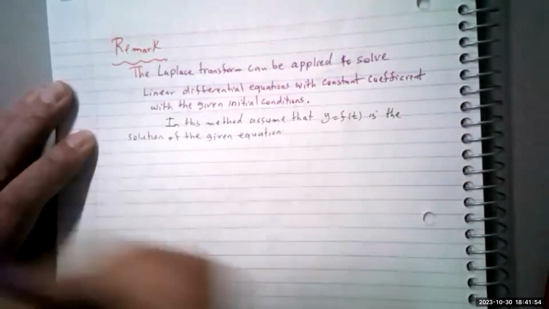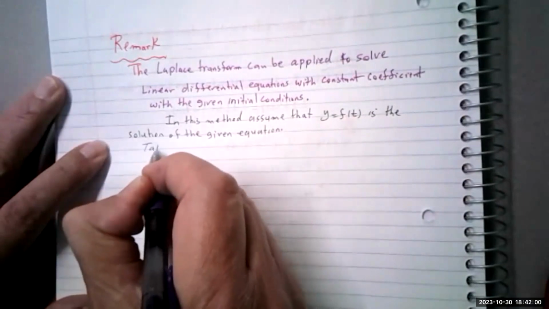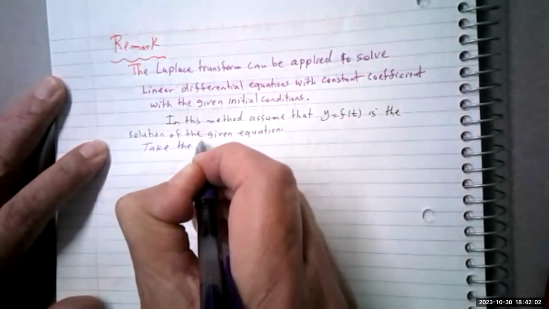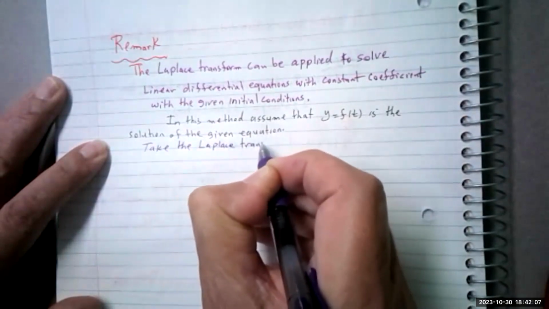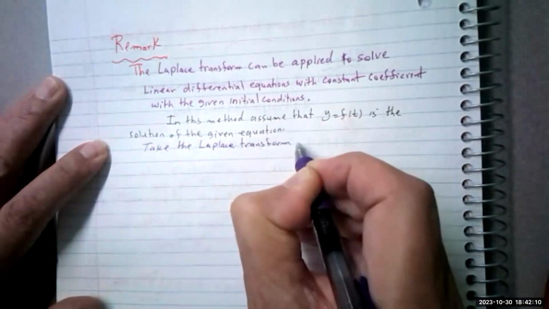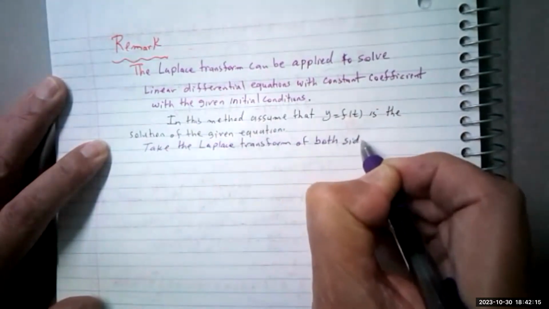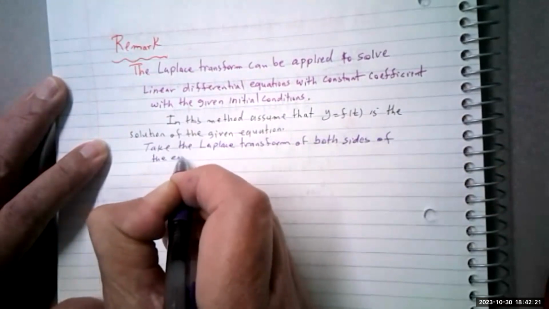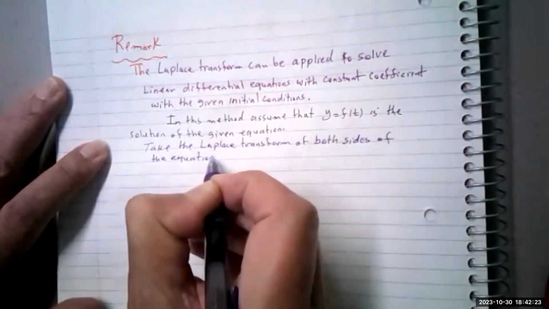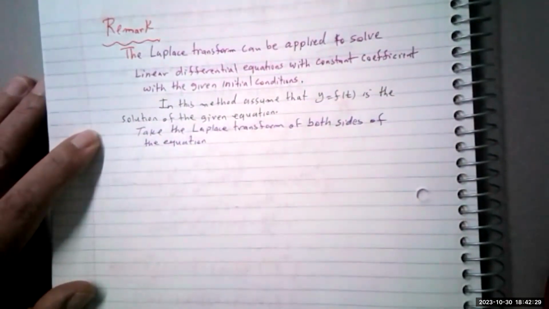Now, this is the first step. The second step is take the Laplace transform of both sides of the equation. It may be homogeneous or maybe not. We work with the homogeneous for the time being, but we give it. Take the Laplace transform of both sides of the equation